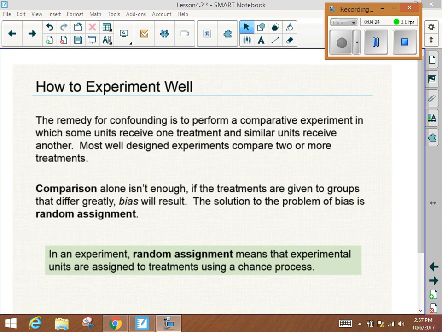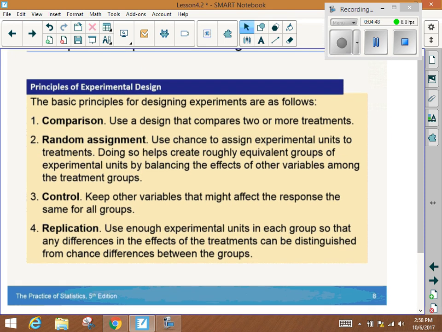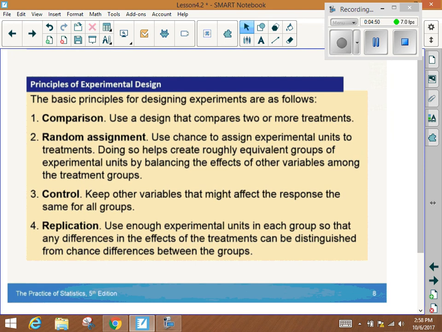Also, of course, we always need to randomly assign our subjects or experimental units to our control or our experimental group, the group that's going to get our treatment, in order to not introduce any sort of bias. All right, so this is how this is going to work, especially when you all do yours, and then we need to talk about